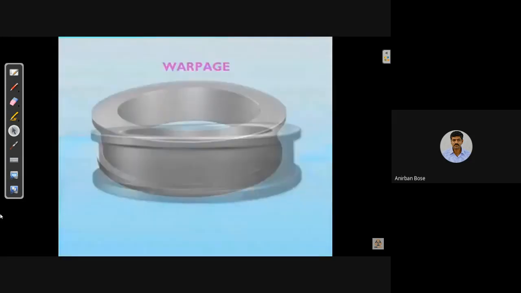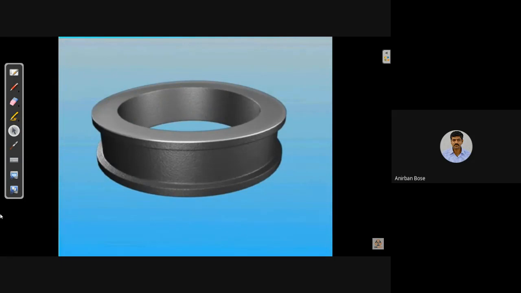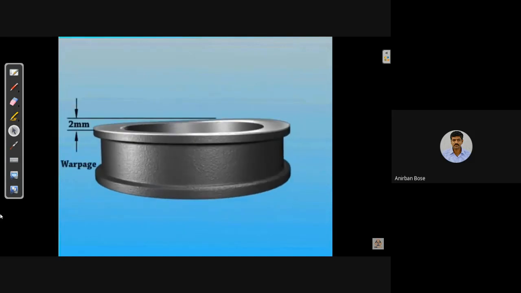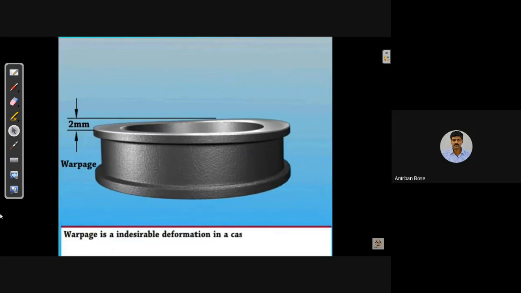Warpage. Let us see an example for warpage. Warpage is an undesirable deformation in a casting that occurs during or after solidification.